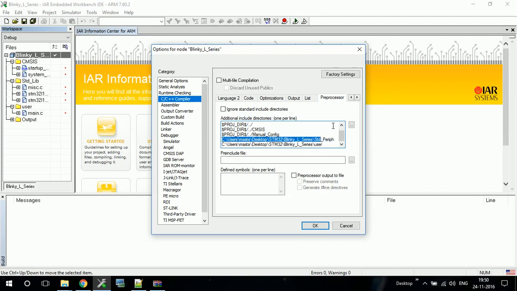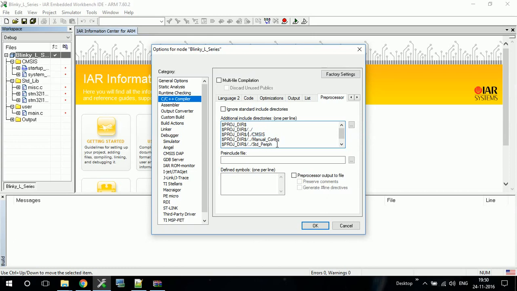Also, as you can see here, I am replacing the backslash with a forward slash, if you have noticed. It is because sometimes IAR gives errors if it uses a backslash. And once we go to our Blinky directory, we can go forward into a directory by writing its name.